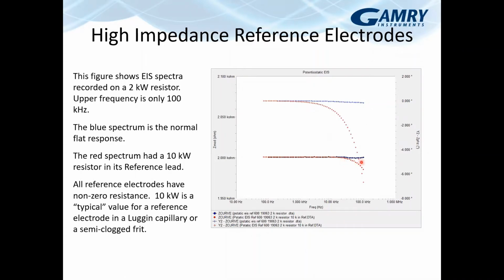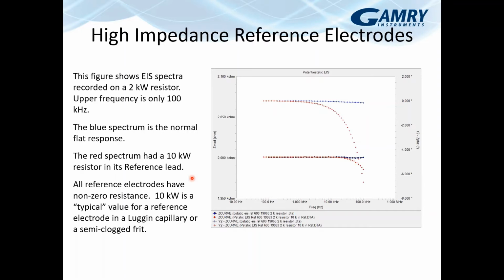But when we get to, I mean, we're only at 30 or 40 kilohertz here, and you can see that it's already having an impact on the actual impedance modulus measurement as well. So high resistance, high impedance on the reference electrode, even though that is not directly measured in a 3-electrode cell, it does affect the system that you're looking at, because that voltage measurement